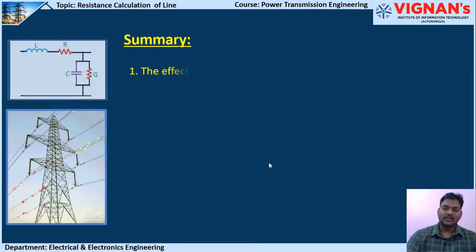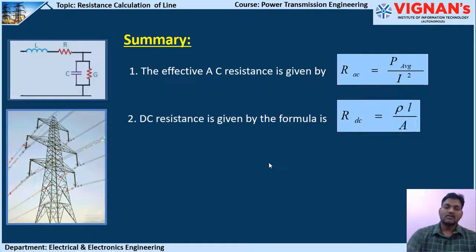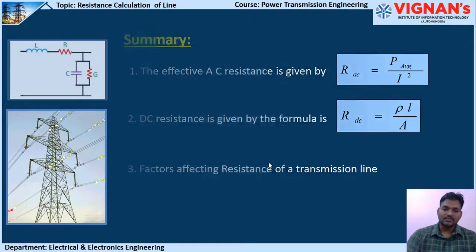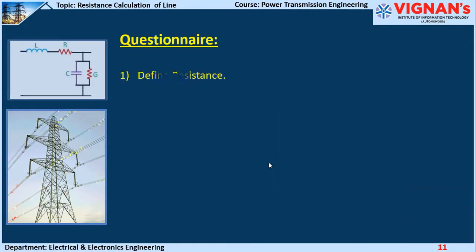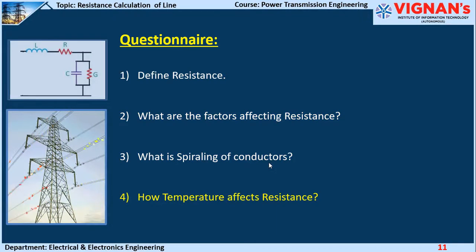The effective AC resistance is given by Rs equal to P average by I square. DC resistance is given by rho L by A. Factors affecting the transmission line. So these are some questions. You have to define resistance. What are the factors affecting resistance? Why is the spiraling of conductors done? How temperature affects the